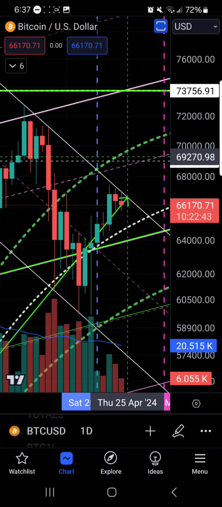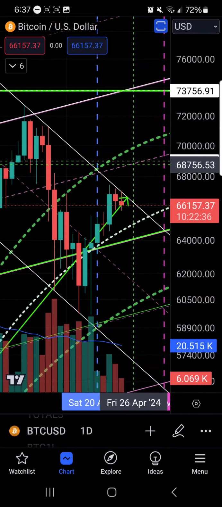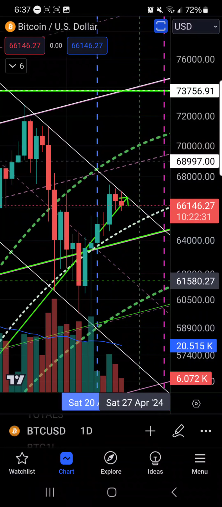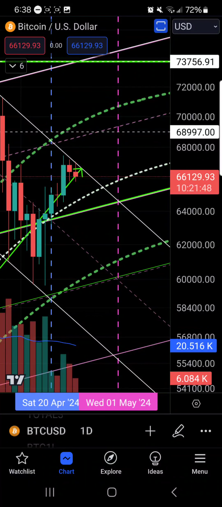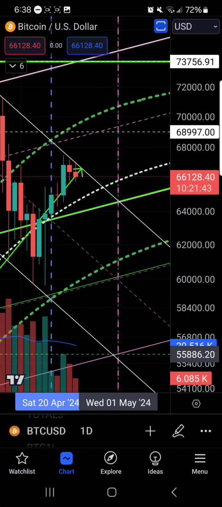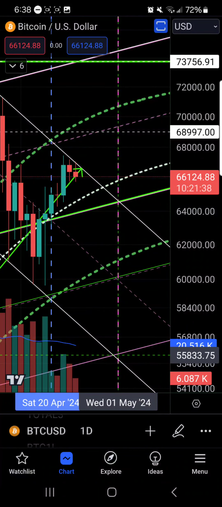So, anyway, that's kind of like a line in the sand here. If we break above 69,500, it's looking good, looking bullish, but otherwise we're still in the Gaussian channel here. And the bottom of the channel is, again, around $60,000. And what I just noticed here, that's really, really interesting, because I've been proposing that we come all the way down here to 55K to the bottom of this channel.